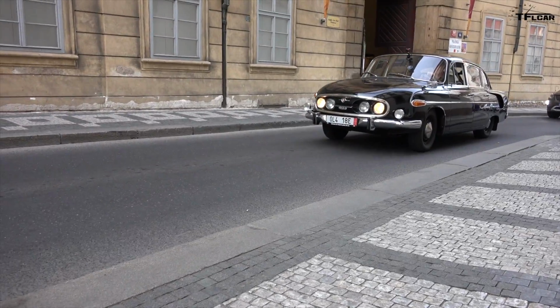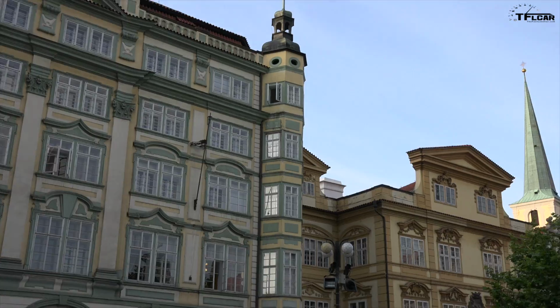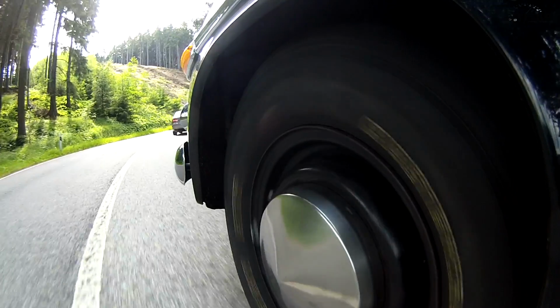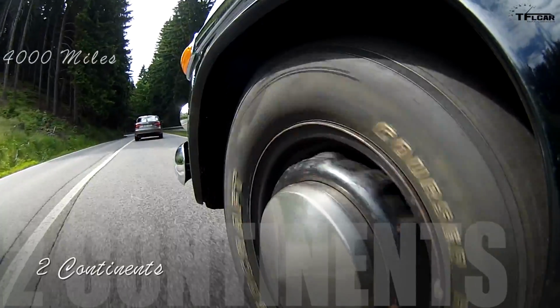This is a Tatra 603. It was built in 1968 by the communists in what was then Czechoslovakia. It's the same year that my mom, my dad, and myself were forced to flee Czechoslovakia from the communists. So, you might be asking yourself, why am I driving this Tatra 603 across 2 continents and 4,000 miles from